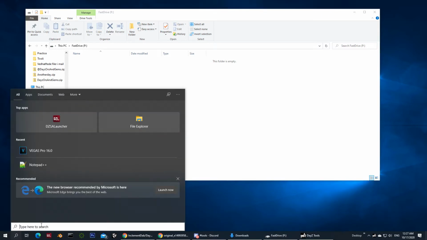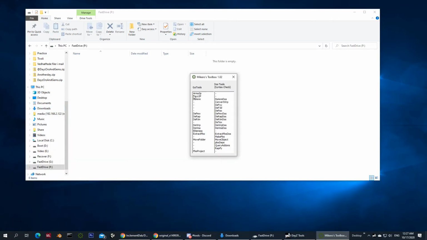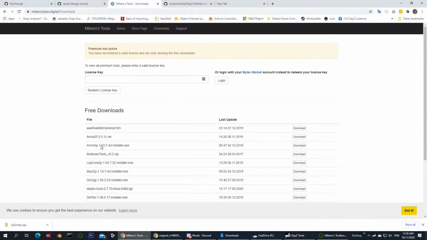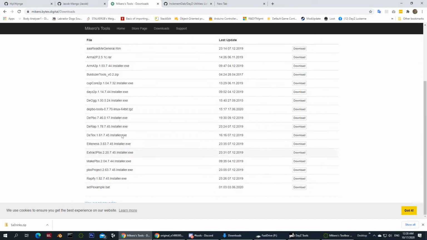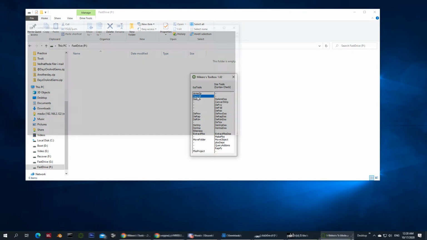In order to do that, I use Mikiro's toolbox. What I want to use is the Days2P drive because that's extracting all of the different files. You can also use for that Mikiro's free tools. He has here the installer for the exact same version, Days2P, which requires some of the others, DPO and DREP and DTEX and so forth. This is not a tutorial on how to use that.